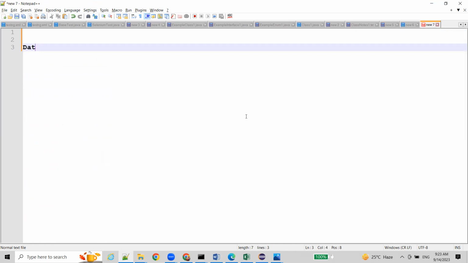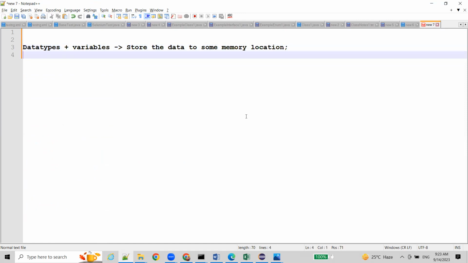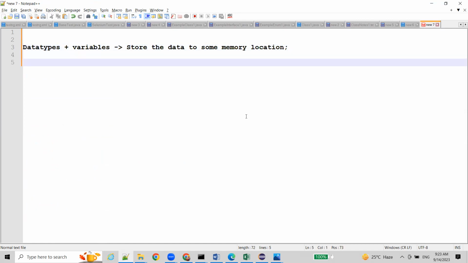Okay, so data types plus variables to store the data, right? Store the data to some memory location. Okay, that data you can access with the variable name. Okay, how can I process the data? So in Java, if you want to process, we have to use the